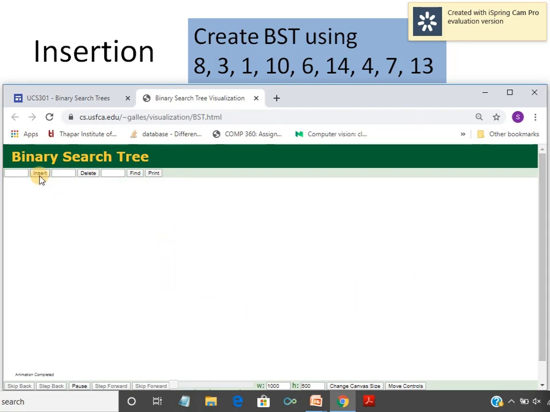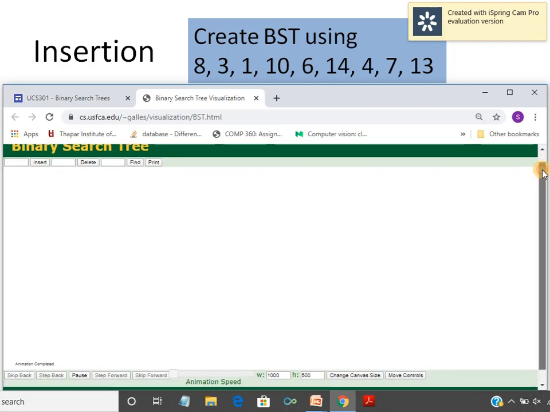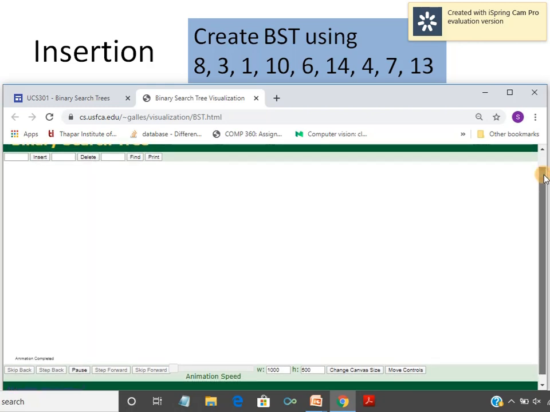You are provided with insert, delete and find. So these are the operations which we can perform on the binary search tree. We have already discussed the search procedure for the binary search tree and the same algorithm is followed in this platform also. In order to use this platform, you have to simply provide the values and click on the corresponding buttons to get that particular operation executed.